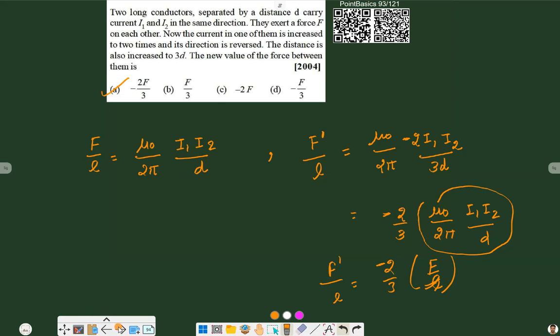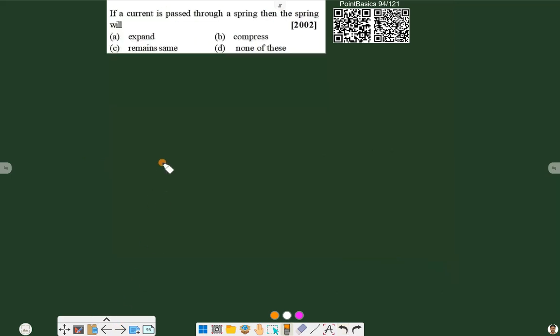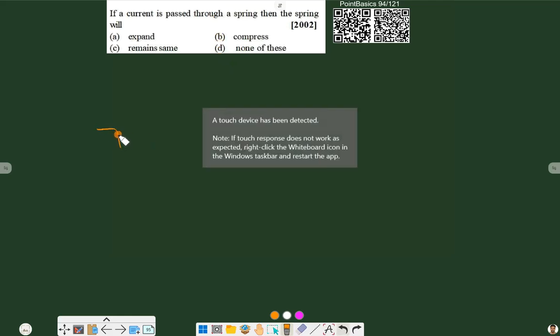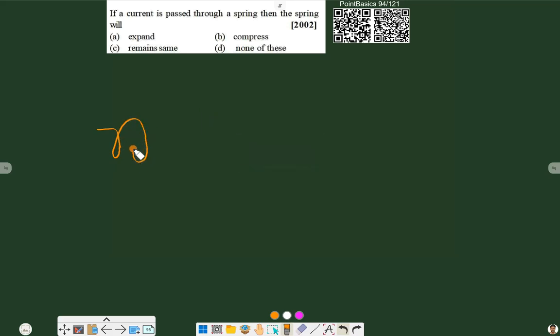Let's move to the next one. If current is passed through a spring, then the spring will... So what will happen to the spring? Let us draw a spring. Suppose this is a spring we have,